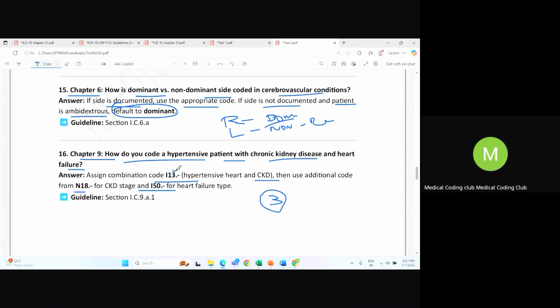You will check the combination from I13. You will see whether the patient has CKD stage 1 to 4, or 5, or end stage. You have the two codes. N18 is for the specific stage, and I50 is for heart failure, the type of heart failure. If they clearly said the patient has systolic acute heart failure,